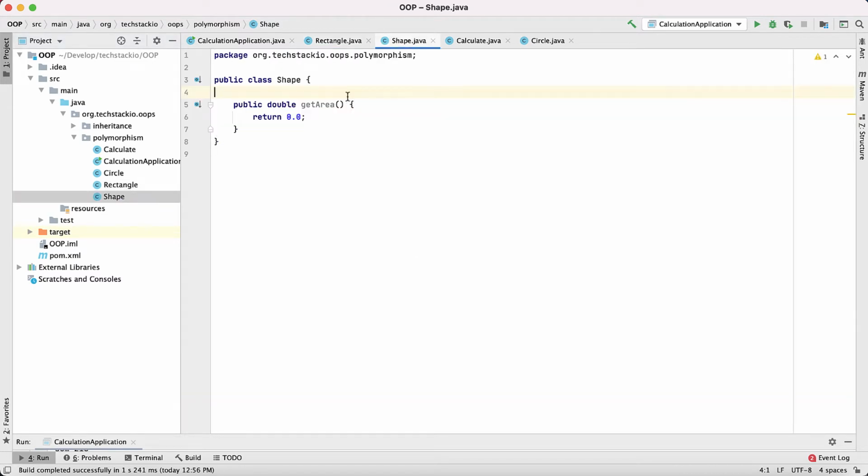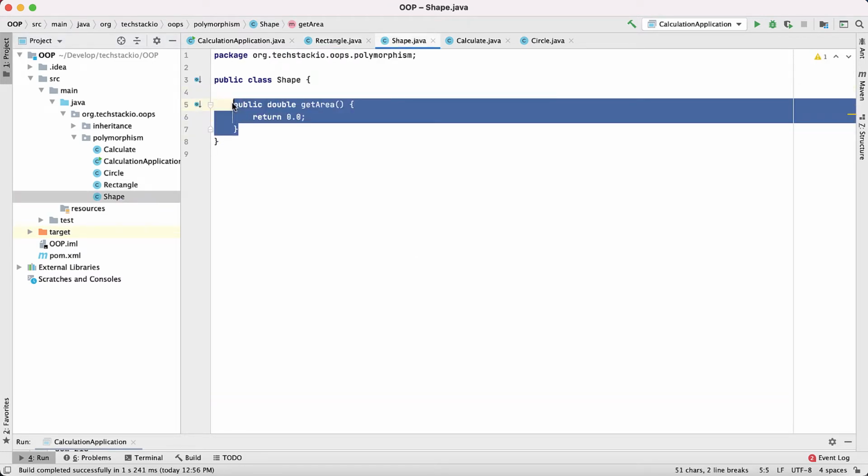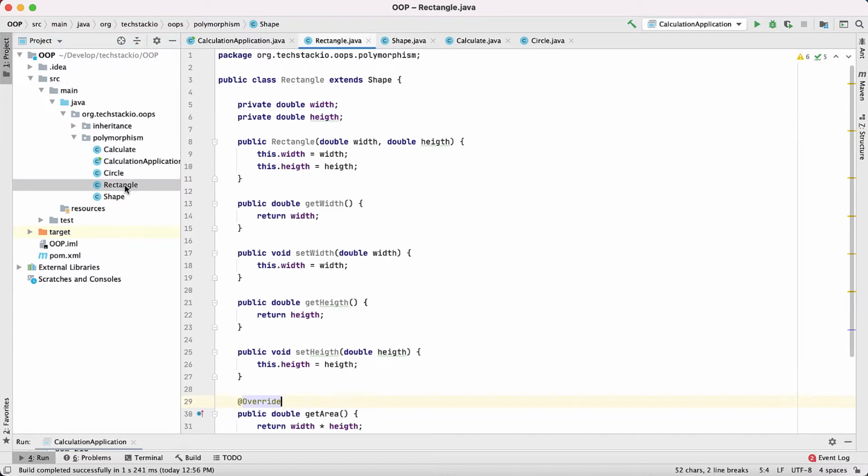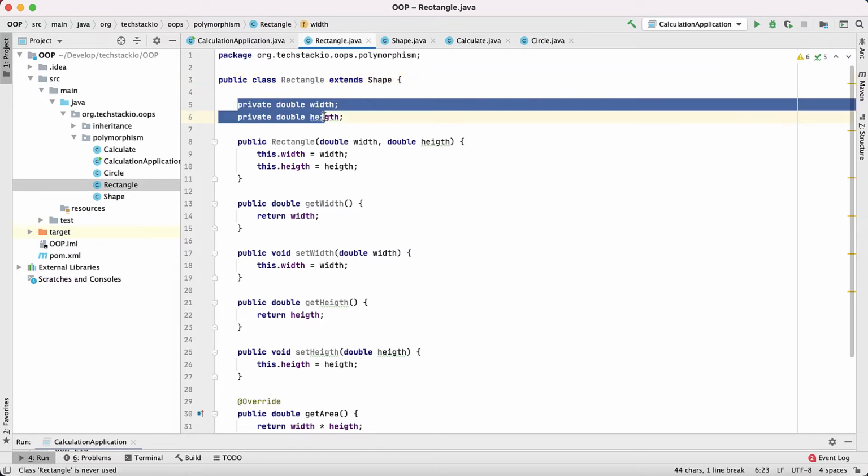So I have a shape class here, and it has only one method, which is the get area method. Currently it does not return anything, it just returns 0.0, which is a double. And we have a rectangular class which extends shape. We have seen inheritance in the previous video. So shape is a superclass here, and rectangular is a subclass here. As you can see, the rectangular class has its own fields like width and height, and we have a constructor